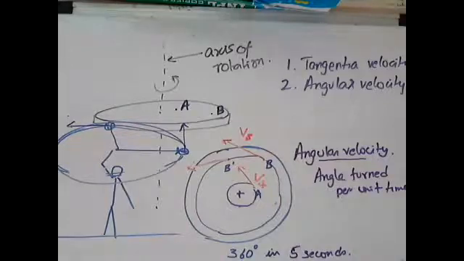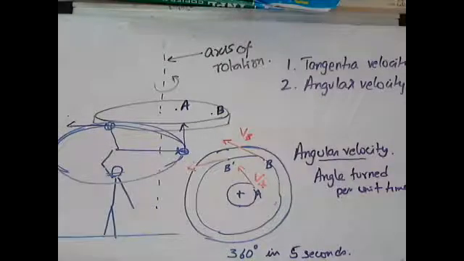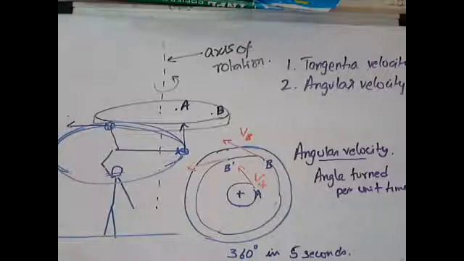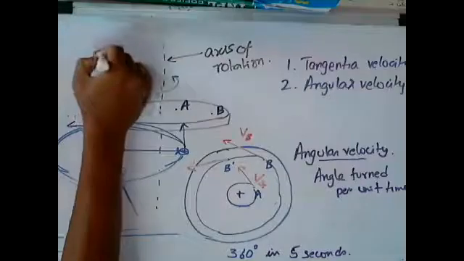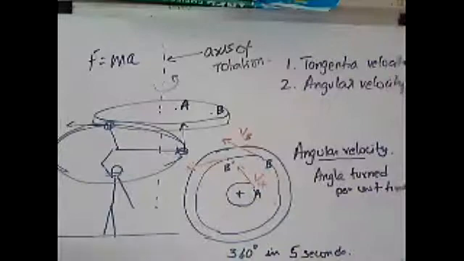And if velocity changes, that means the object's motion is accelerated. It's not accelerated in the sense that we normally understand, that there is an increase or decrease in the magnitude, but in this case there's a change in the direction. So therefore we must conclude that since there is an acceleration, by second law, force is equal to mass times acceleration.